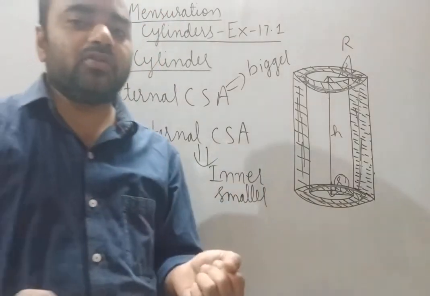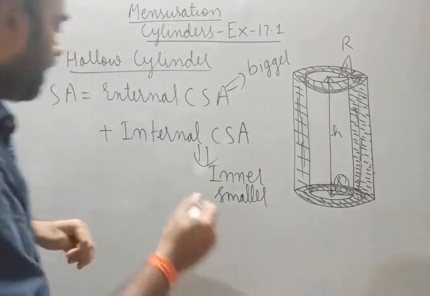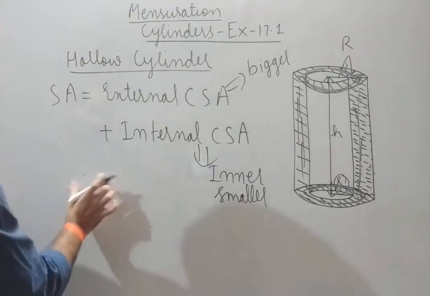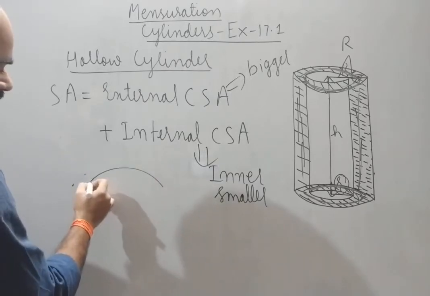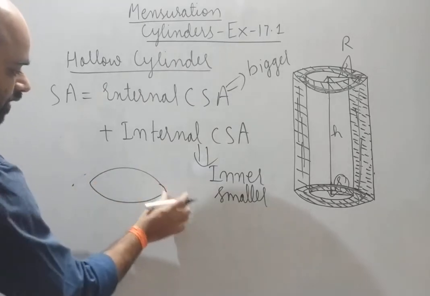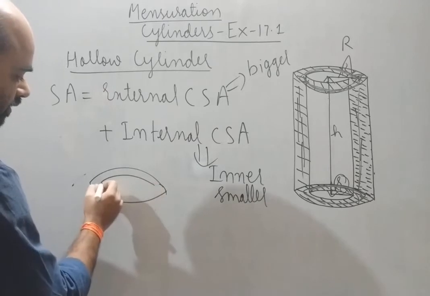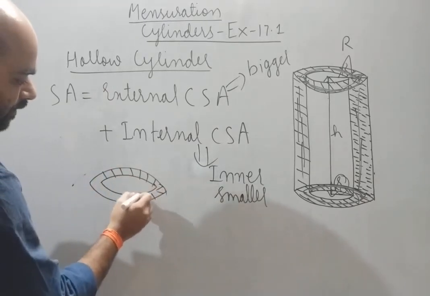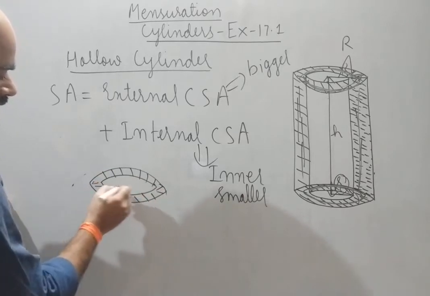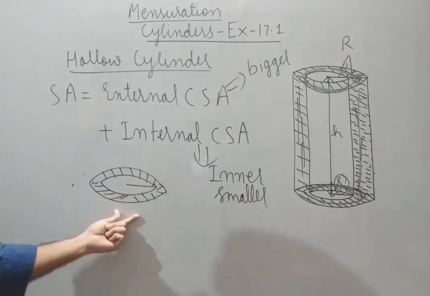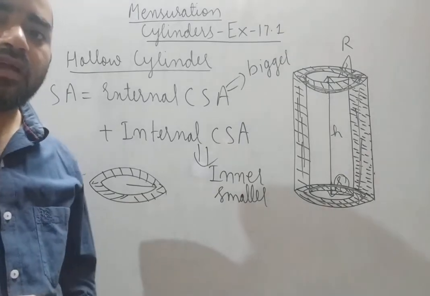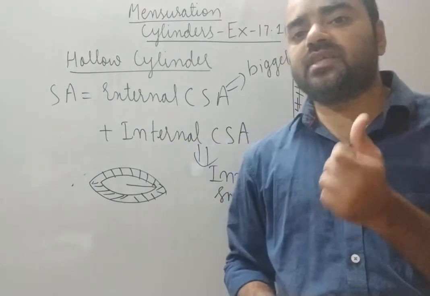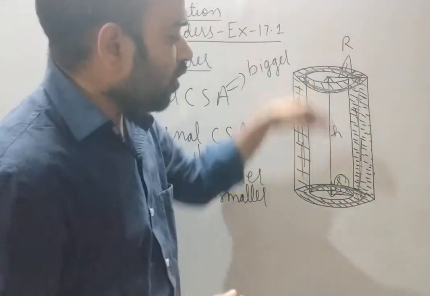Now two things are also left. You can see at the top. What is there? At the top, we have concentric circles, but area is also present, this area. We have to find this area at the top. This area is the ring. Ring means the area enclosed between two concentric circles. See, you can see it at the top and bottom.